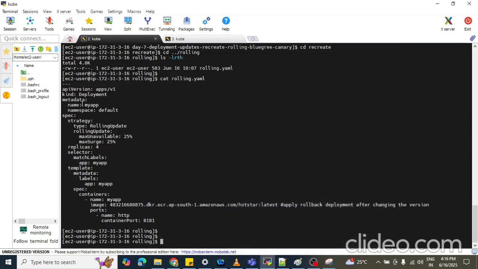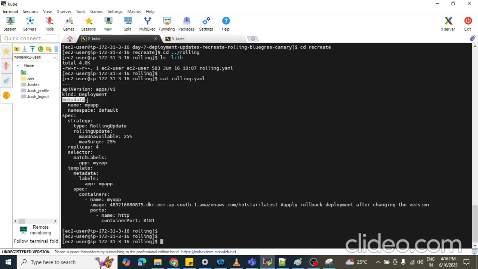That's why we are using kind as Deployment here. Kind Deployment means your workload will be managed as a deployment, and it will give you declarative updates and rollback support also.